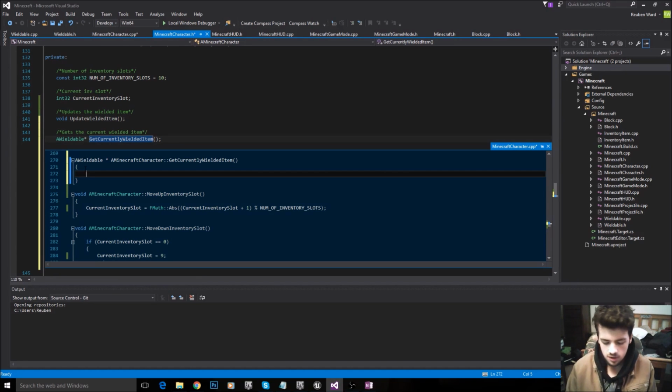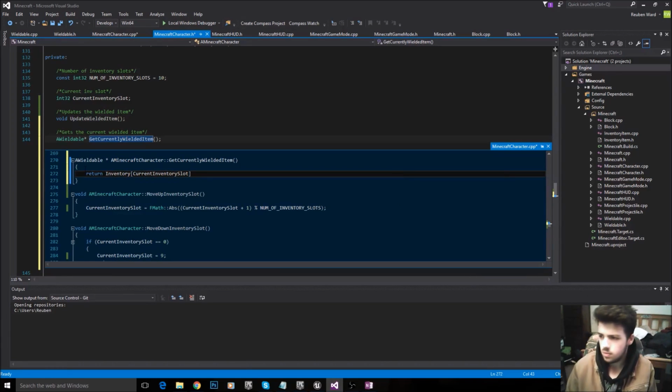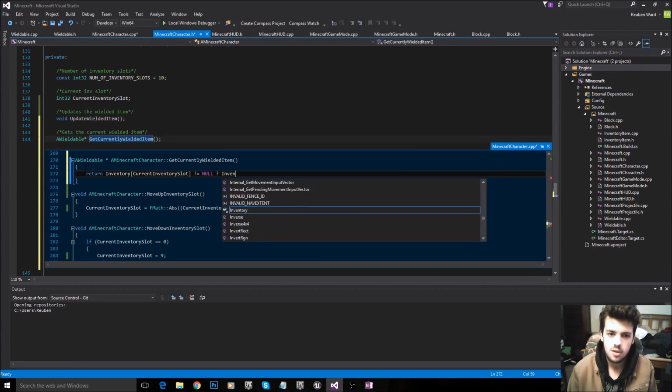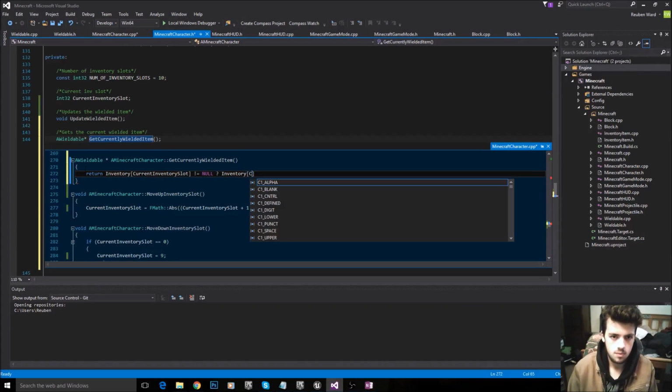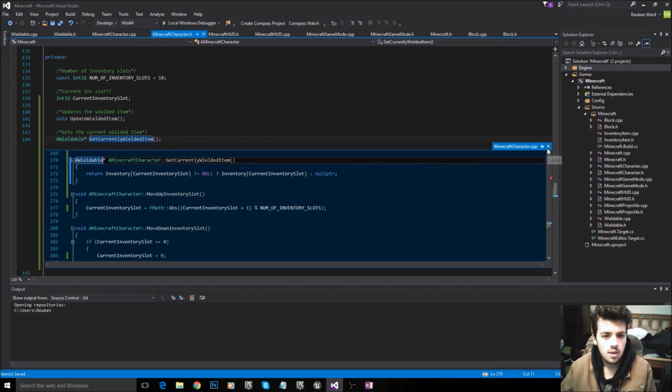Alright, so we're going to say return. So we're going to use a ternary statement here again. We're going to say that if there is an item there, so if the item is not equal to null, then go ahead and return the item. However, if there is not an item there, so if it is null, then we just return null pointer. So you put return there, then you do your ternary statement. Again, just sort of cleans things up, and it lets us do the function on one line instead of using 7 lines or whatever.